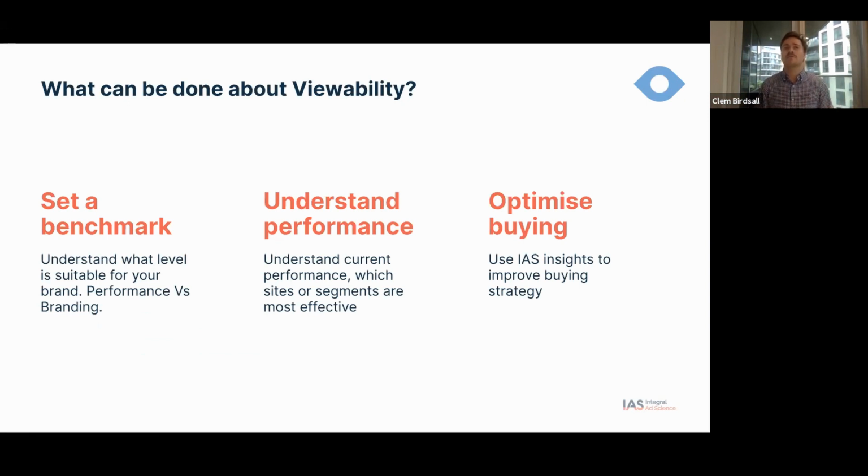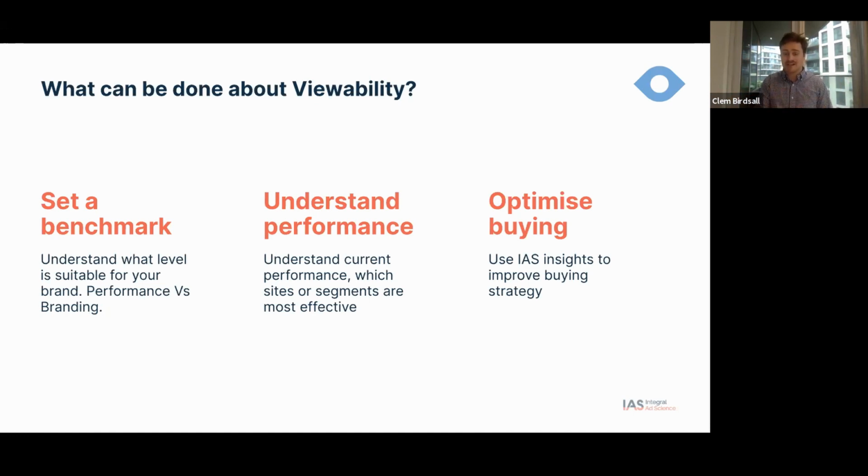And when we talk about viewability, obviously 100% viewability would be fantastic. But if a 100% viewable ad costs 4 times the price of a 50% viewable ad, does the return on investment stack up? Is it worth paying 4 times as much for one ad when you could buy 4 50% viewable ads, and working that ROI out?